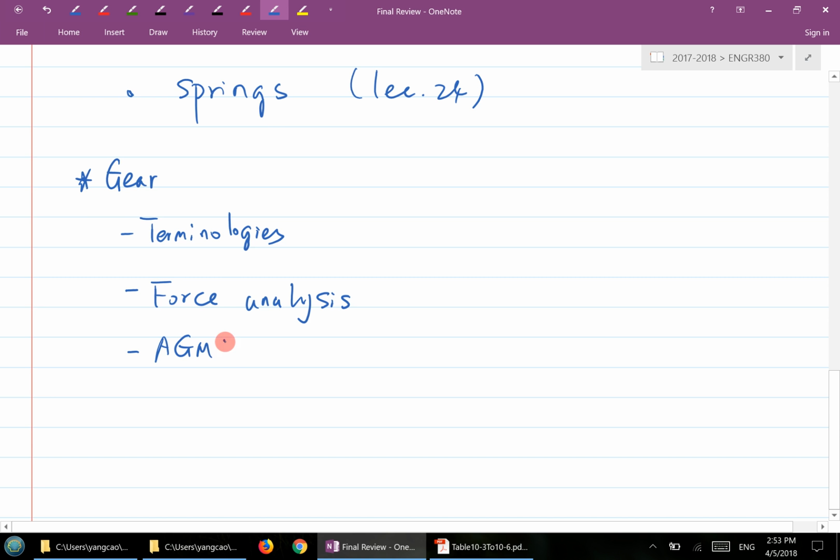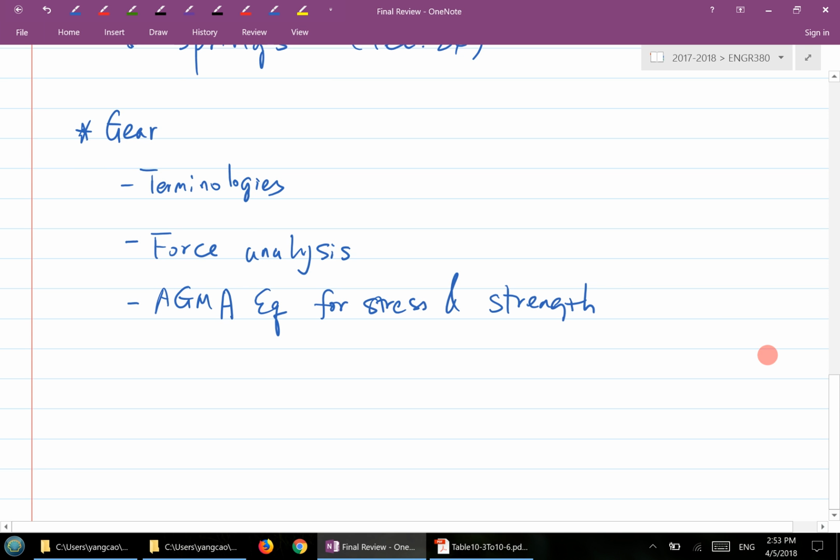And of course, I mentioned the AGMA equation, for stress and strains. So if you're designing a gear, and this is a very common design process, and you choose the AGMA equation as the guiding tool, then you have to come up with a whole bunch of values for different parameters. For the strains, it's not a typical ultimate strain or yield strain, and this is where,